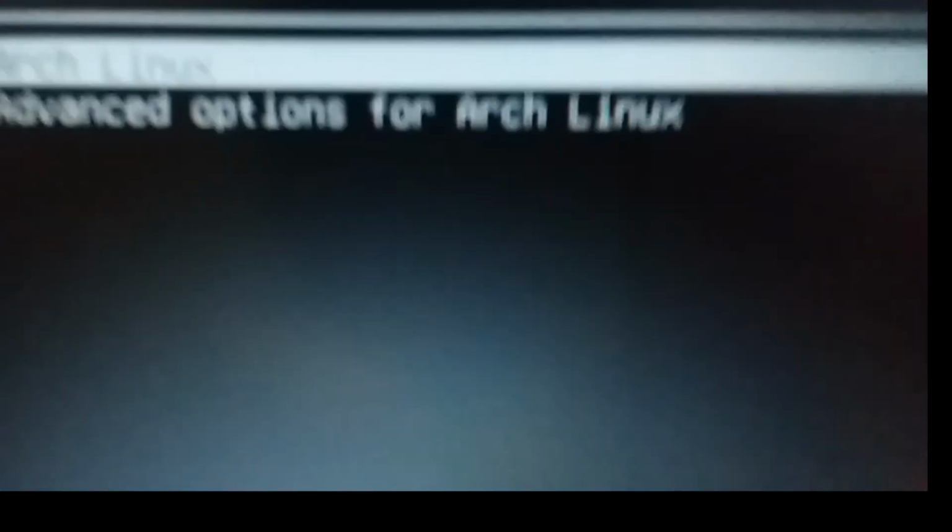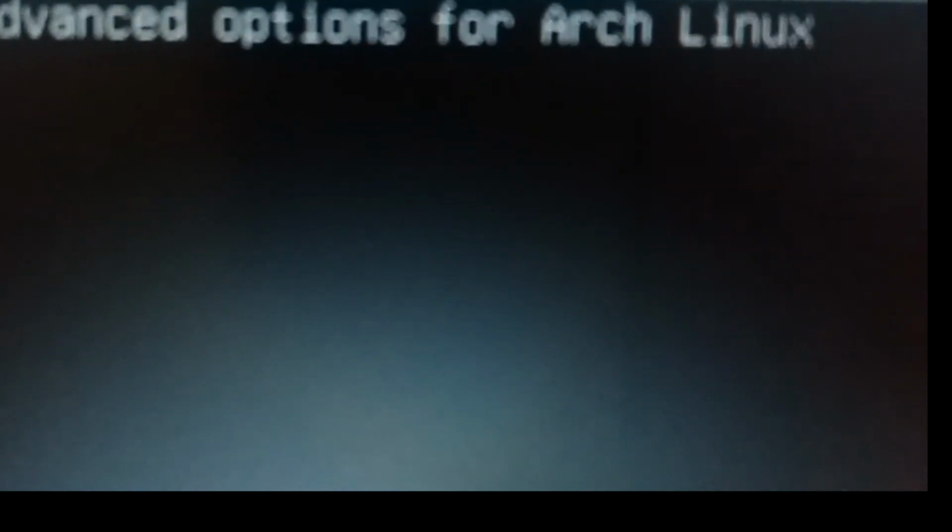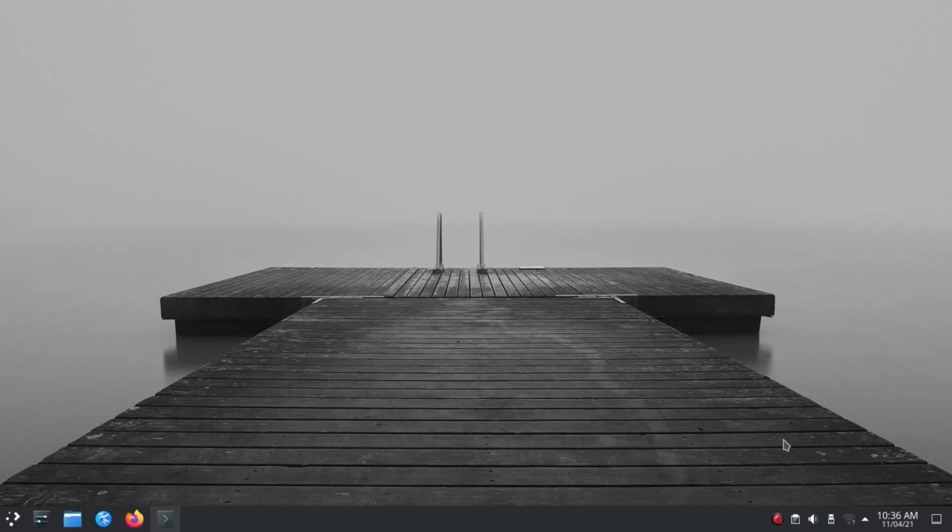Alright, I've restarted the computer, and as you can see, we have the Grub bootloader ready. So let's go ahead and boot the system. Grub is repaired, basically. Once we reboot into our computer, we see that all our system settings are as they were, our installed applications are as they were, and we don't have to worry much about anything. So this is how we repair Grub if anything goes wrong.